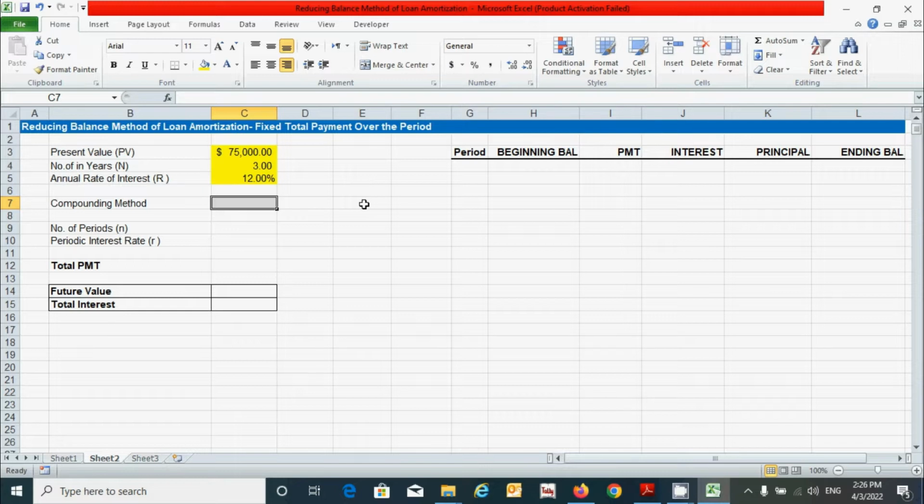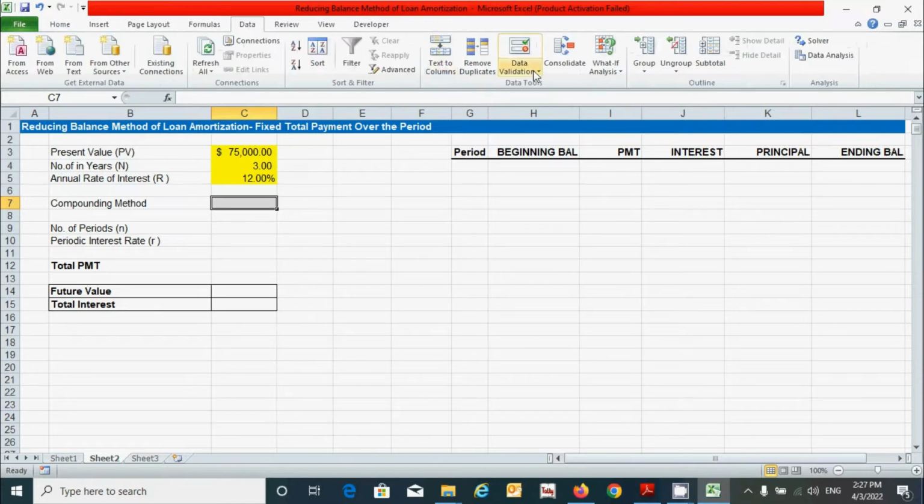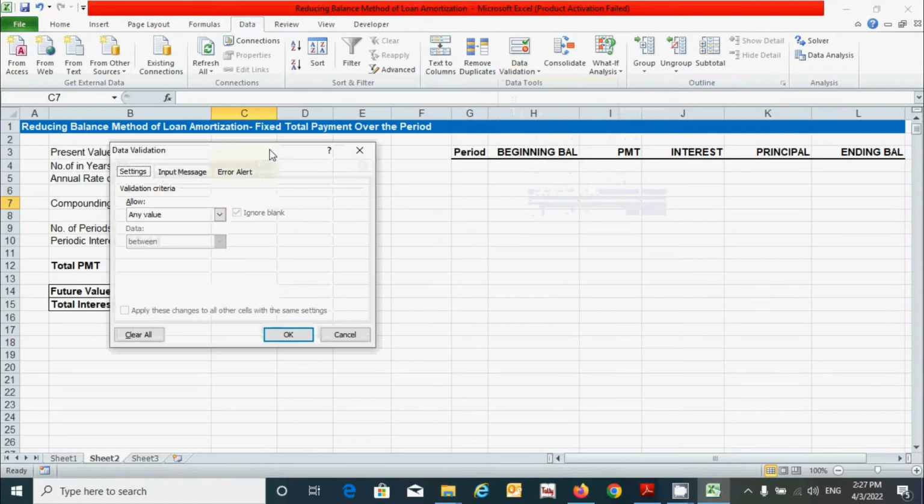So let's provide the list of compounding methods which I discussed earlier by using the data validation tool. Click on the Data tab, click on the data validation arrow, choose data validation, click on this arrow and click on list.